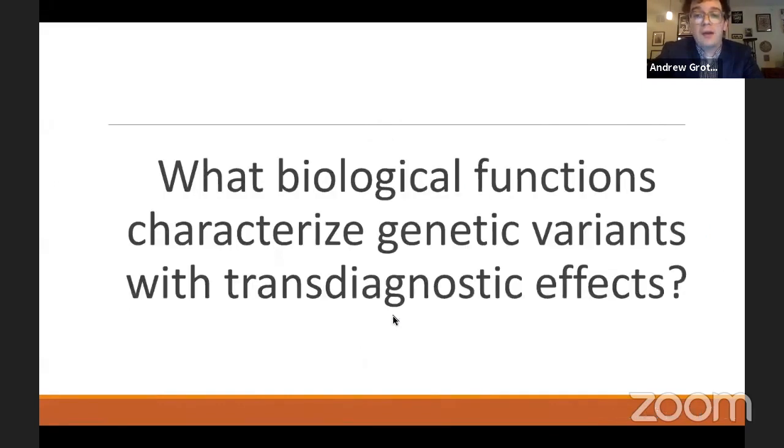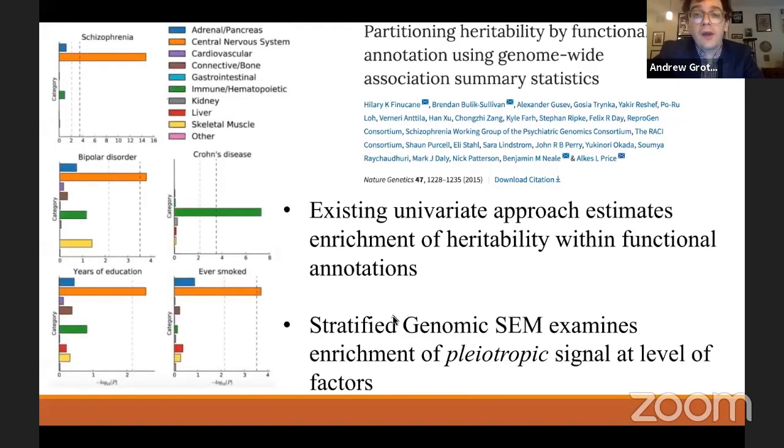So I want to end now by talking about some methods development we've been doing and its application to psychiatric traits that ask the question of whether or not there are biological functions that characterize these genetic variants with transdiagnostic or pleiotropic effects. As all of you will be aware, there's a lot of different methods available for examining enrichment